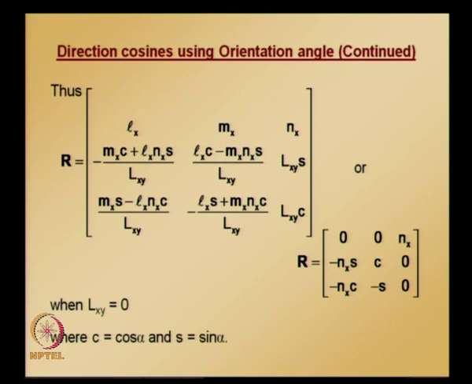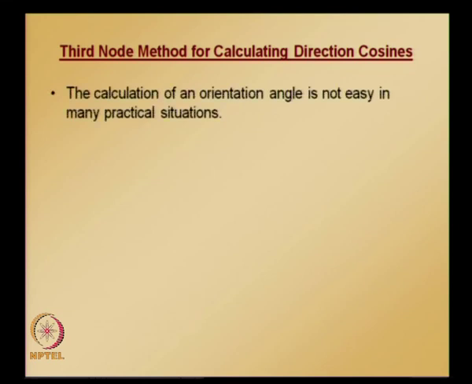So, this is how we can obtain the rotation matrix, or matrix consisting of direction cosines, which we will finally be using for transformation of the global displacement vector to the local displacement vector, or vice versa. And we will now look at the other method, which is called the third node method for calculating direction cosines. So, the choice is going to be yours, you can use any of these methods depending on the information that is available. So, in the third node method for calculating direction cosine,